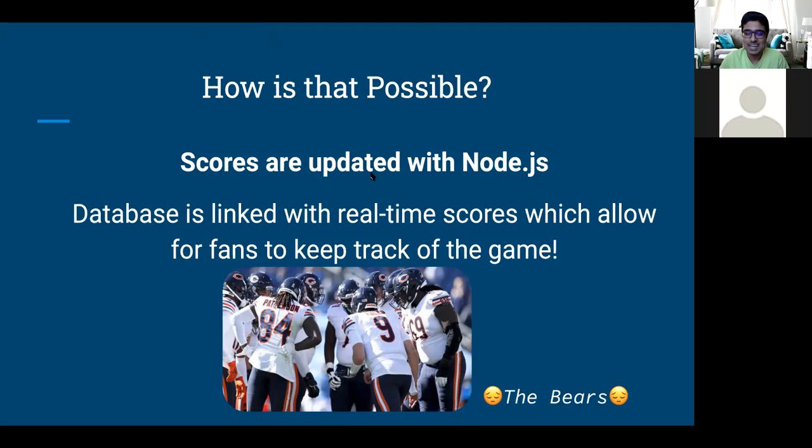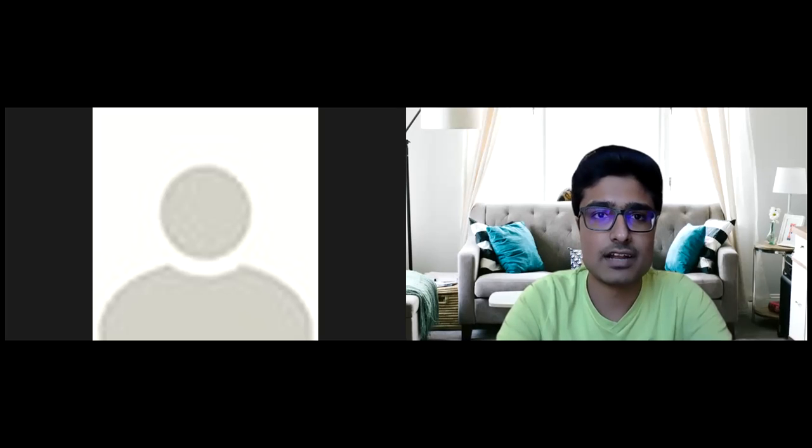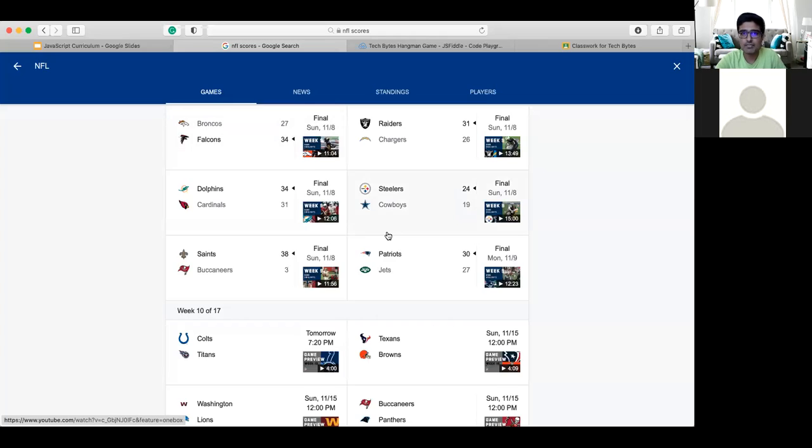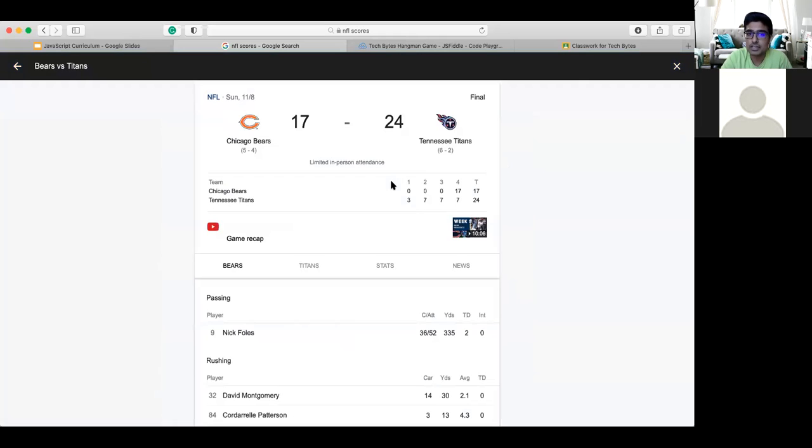But with Node.js and JavaScript, guys, we are able to link with a database which allows us to receive real-time scores and allows us to keep track of the game. So if I head on over to Google right now and I just search up NFL scores from last week, since the 9th week of the 2020 NFL season has elapsed, we're not going to be finding any live scores right now. But say I was watching the Bears game and I was on this tab right now,